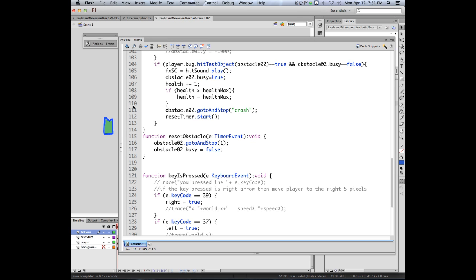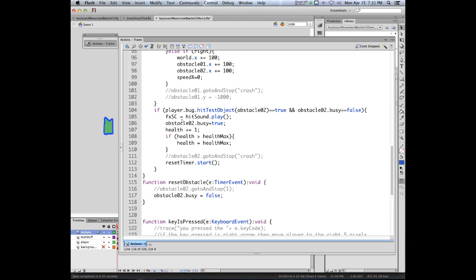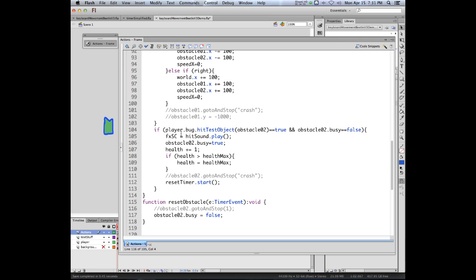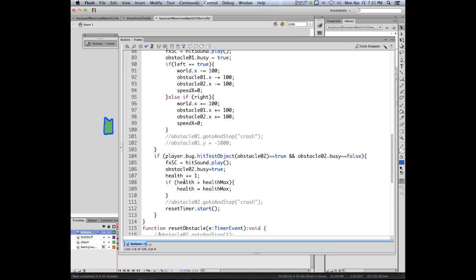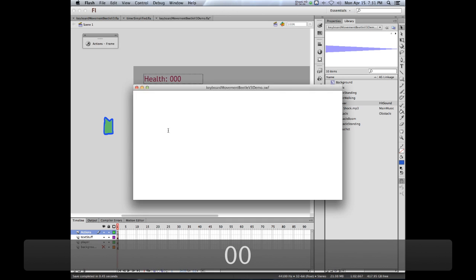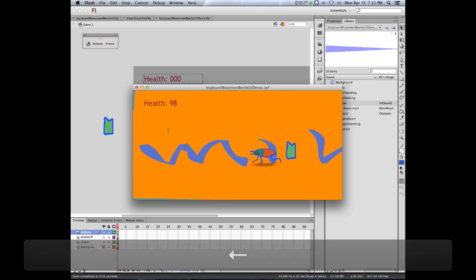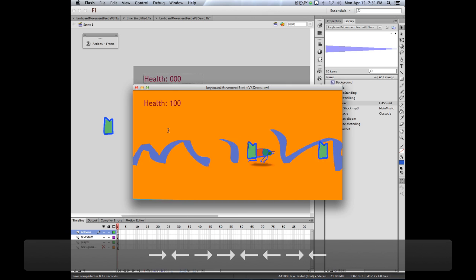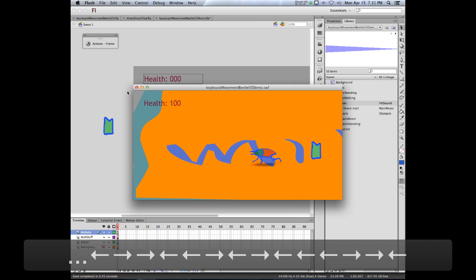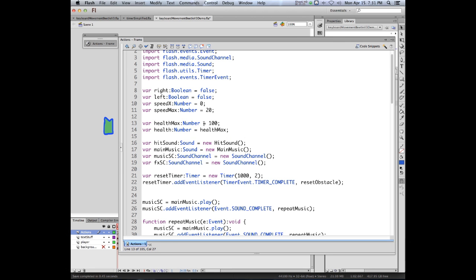Now, what we could do, if we don't make the object blow up, is simply make the object so that when I hit it, it's busy, and when it's not, it resets itself. So we will hear the sound as part of that. For the health, I'm going to modify my starting value so I can hit it more times and we can see changes occurring. So my health is down. I hit this the first time, it goes up. But I'm on top of it, and it takes a while before my health goes. Oh. If you just sit